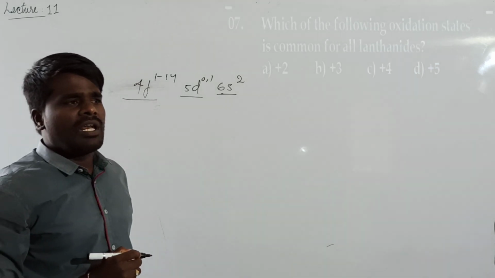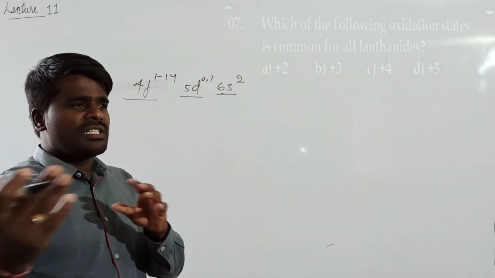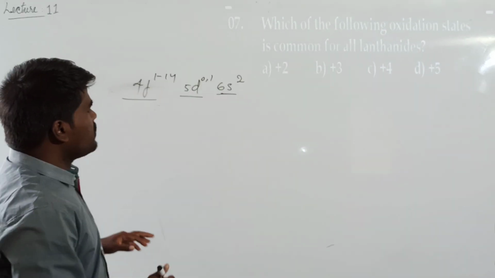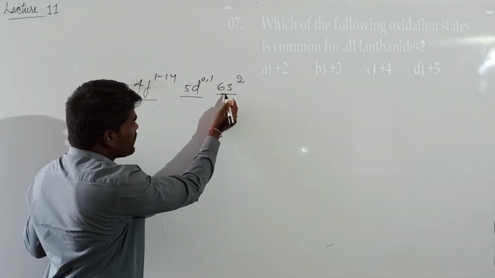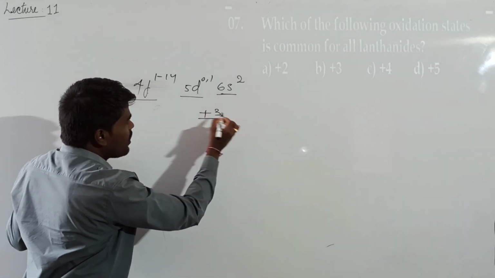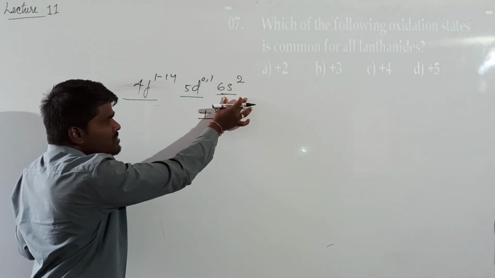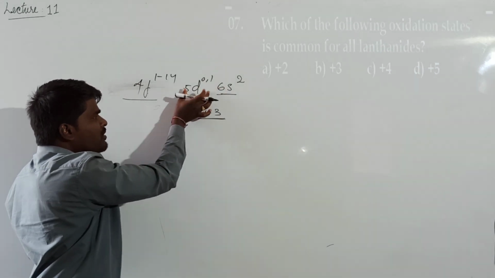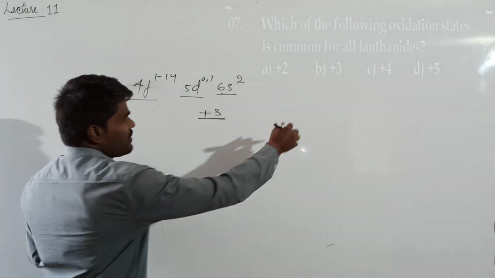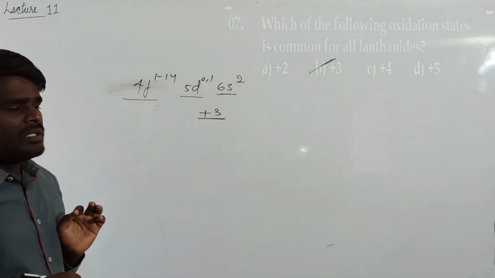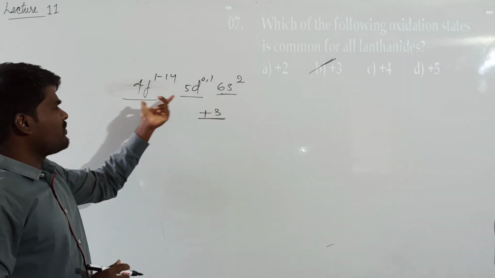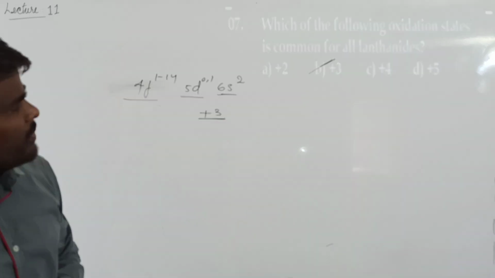Generally, we know that if the loss or gain of electrons takes place, it will generally be from the valence shell. If there are no electrons in the valence shell, then it will be from the penultimate shell. So there is a probability of losing these two electrons plus this one electron. So all the lanthanides will exhibit a stable +3 oxidation state, because they lose 2 electrons from the s orbital of the valence shell and 1 electron from the d orbital of the penultimate shell. So their general oxidation state will be +3. Right? For all of them, this configuration will remain constant. So all of them will exhibit the +3 oxidation state. Hope it is clear.